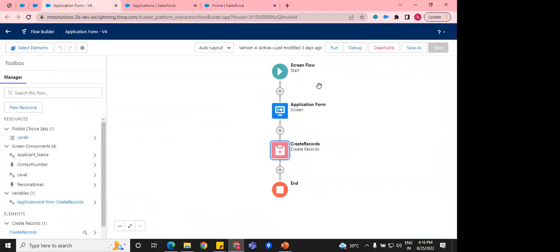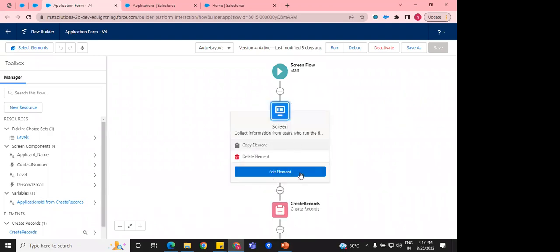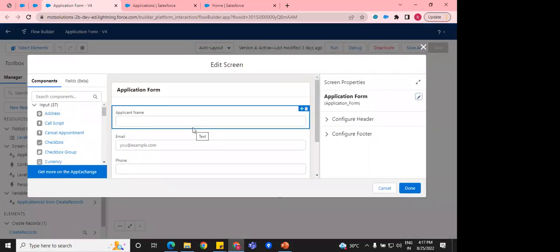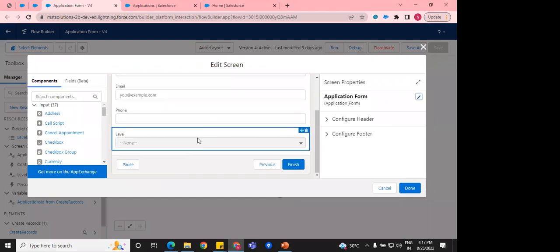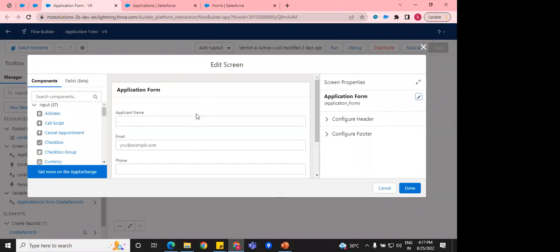So let's quickly go and see how the entire process happens. Here I have a screen flow. I've just created a flow. The basic steps are: we go to Flow, click the New Flow button, and it will ask which type you want. We can choose Screen Flow, and then we can put a screen here, and it'll look something like this. This is the part where we need to put some effort and attention,